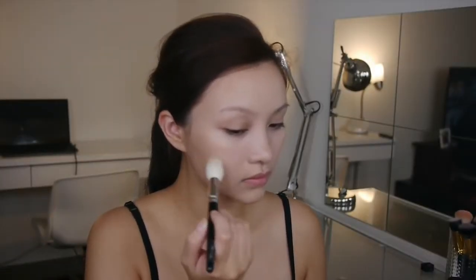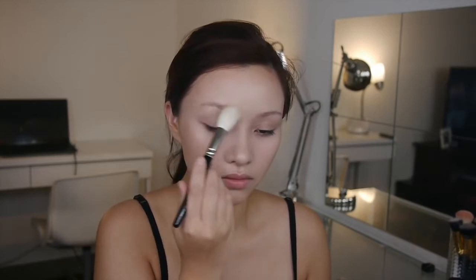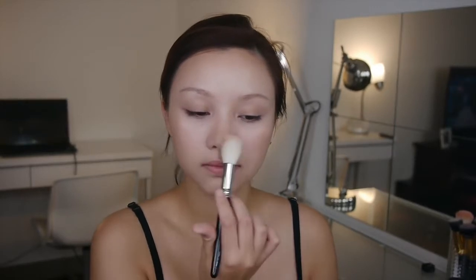Next is the very exciting part because I just got a new highlighter from Sephora. This is the Becca Shimmering Skin Perfector, and I know a lot of people have already tried this and raved about this, and I'm a little bit late, but I just love it so much. It's so easy to control and it looks so beautiful, and I just sweep it on the two sides of my cheeks and on my brow bones, my nose tip, and my chin, and anywhere else that I want to highlight. And it's so easy to control, it doesn't slip and slide, and it's really quickly becoming one of my